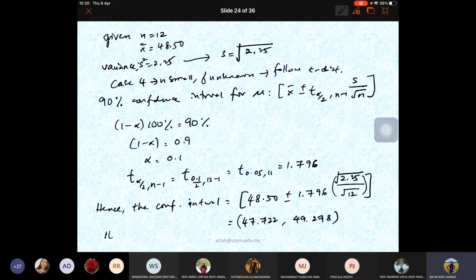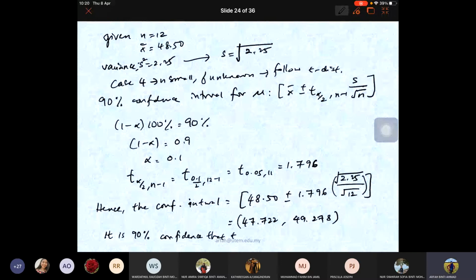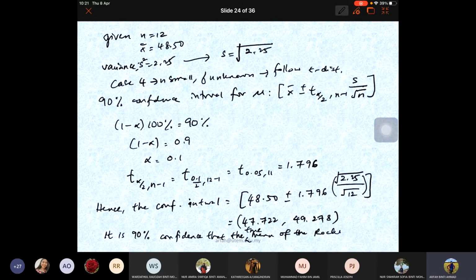So we can say it is 90% confident that the true mean of the Rockwell hardness